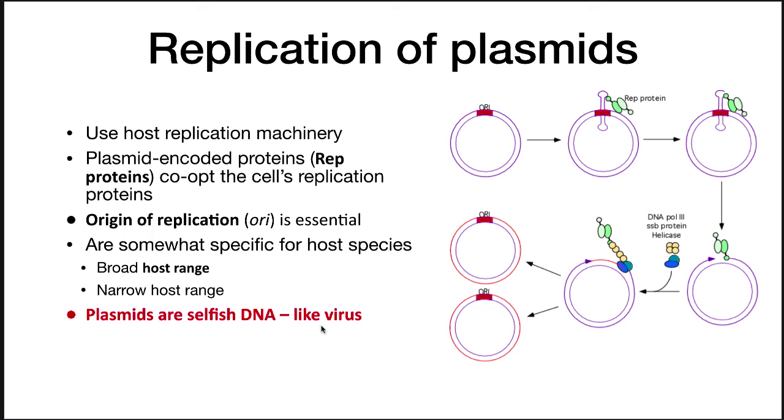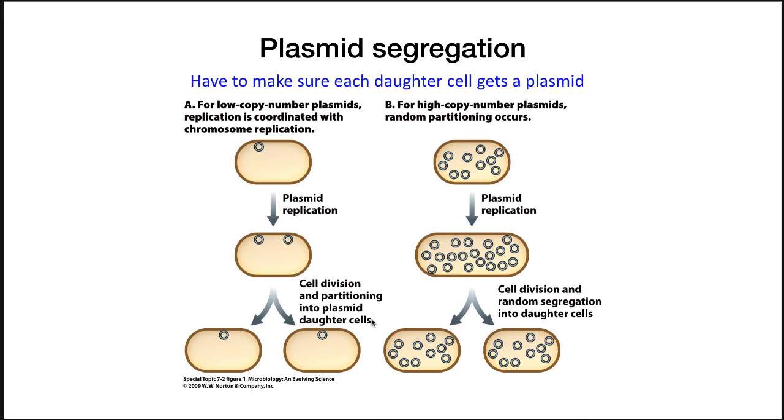You can consider them like a virus without a capsid, right? They infect cells, they grow in the cells, and a lot of the time the bacteria doesn't want them there. Having a function that the microorganism wants to use makes them more valuable, but they really are parasites on their host. Another thing that the plasmid has to do, besides replicate itself, is make sure that it's carried on through the cell division cycle into the daughter cells.